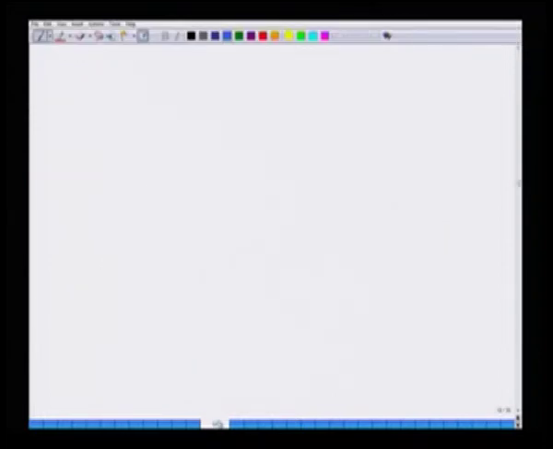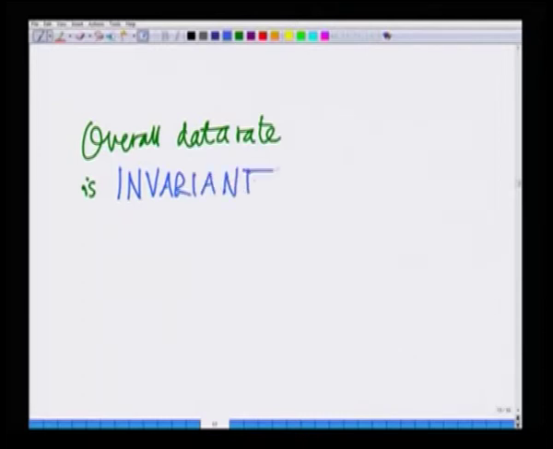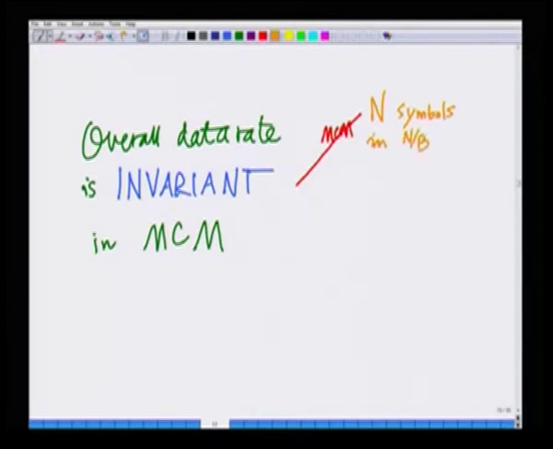Now, let us move on and analyze this a little more. We already said, in the previous slide, that the overall data rate is invariant in a multi-carrier modulation system. In fact, in a multi-carrier modulation system, MCM, I am transmitting n symbols in n over b. We already saw this earlier, and in single carrier or SC systems,